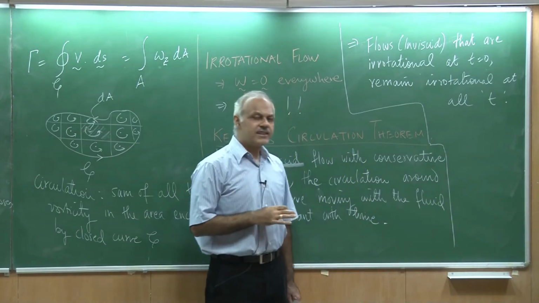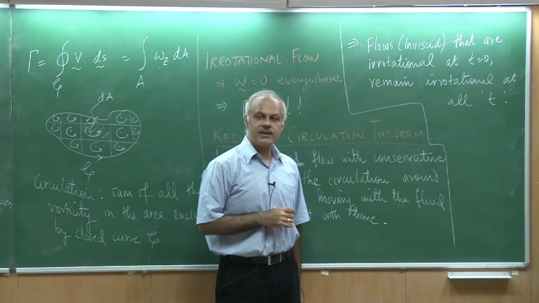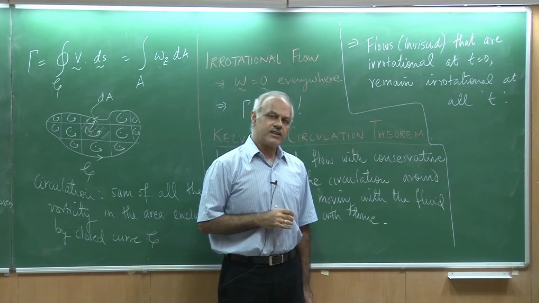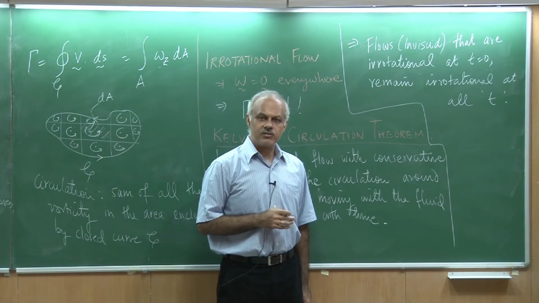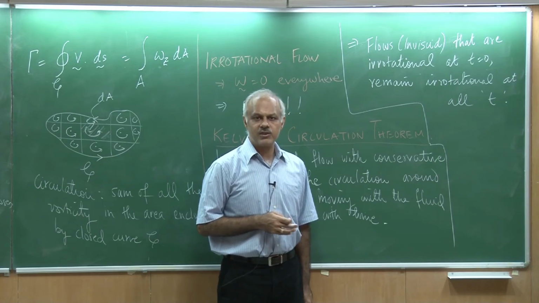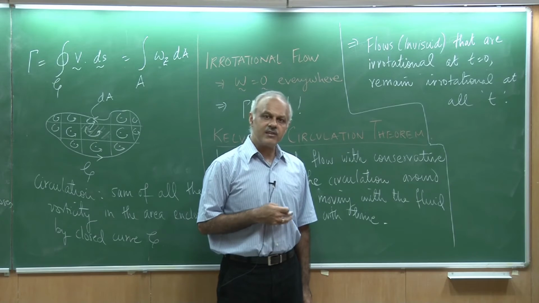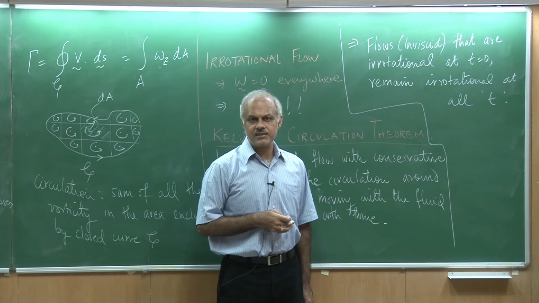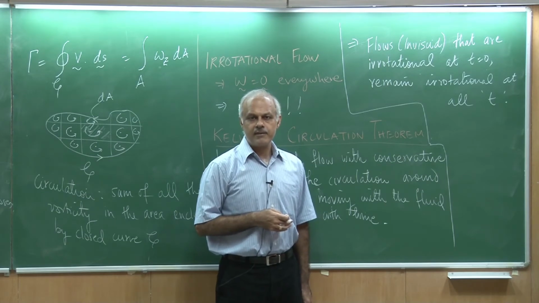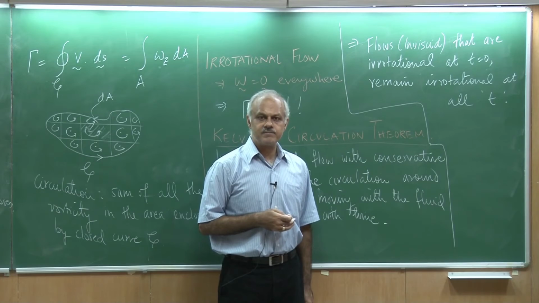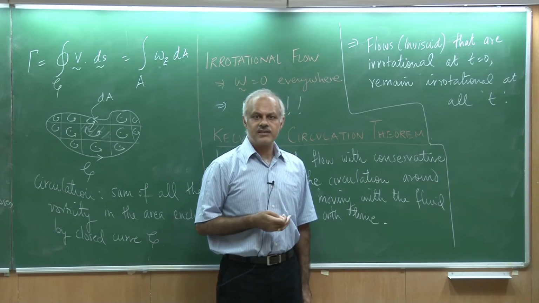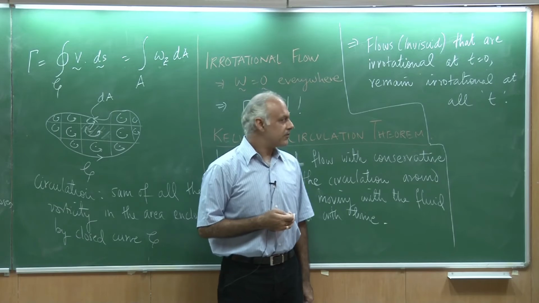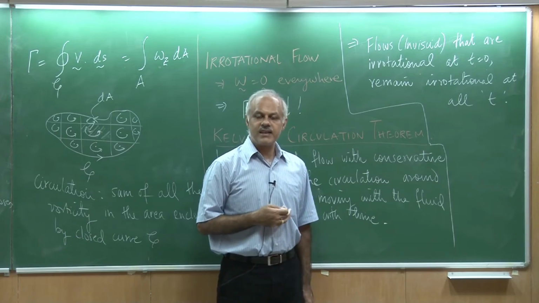Okay. So, let us understand what we have said so far. We started off with a flow at large Reynolds number and we broke it into an inner flow and an outer flow. The outer flow we have assumed to be inviscid, viscous effects are negligible. So, they are governed by the Euler equations, but Euler equations are still complicated for us. Okay. So, we are asking ourselves, suppose the flow is irrotational, then can we have a simpler analysis? But for the flow to be irrotational, what are the conditions we should satisfy?